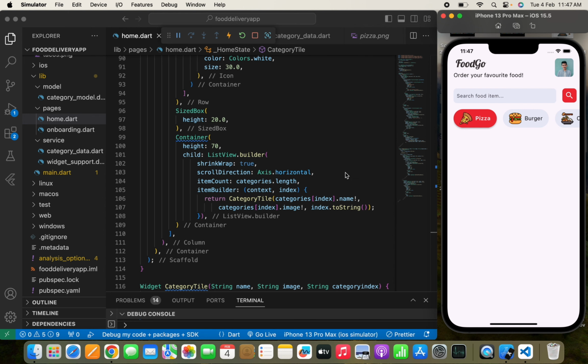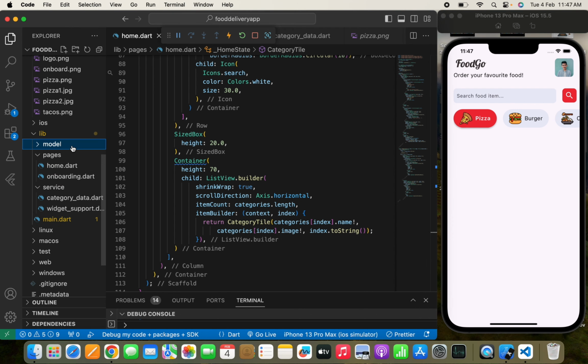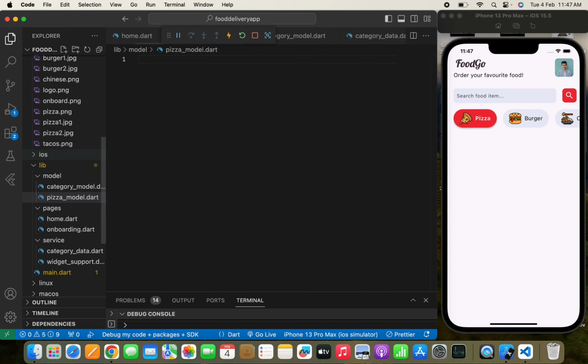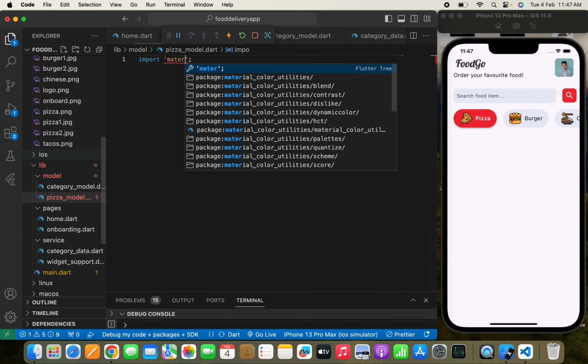Now let's move on, and we are going to show all the food items that the user is going to see once they select the category. So let's move to the model, and we are going to create our new file, which is a pizza model. So I'll just write pizza_model.dart, and here I'll just import the package by using material.dart,